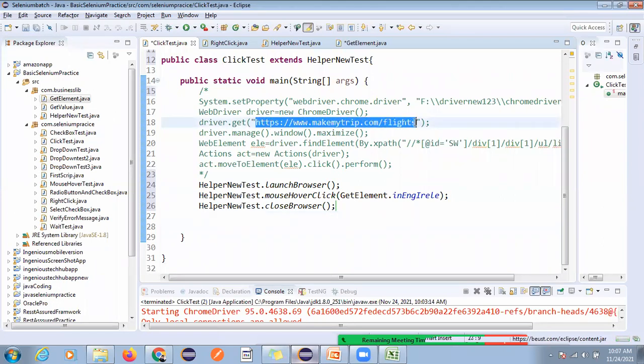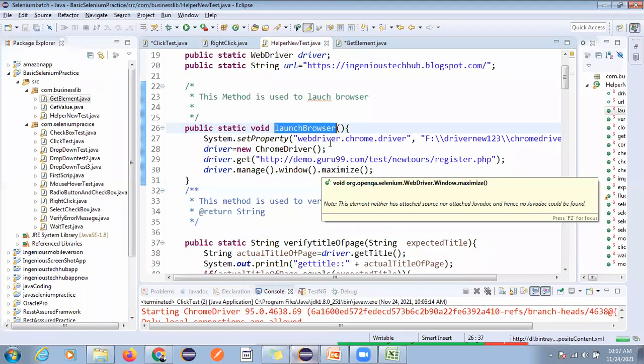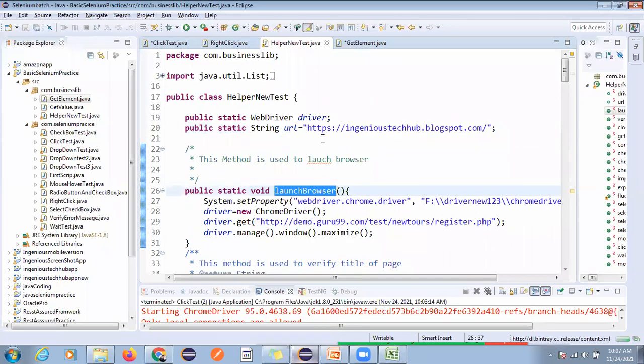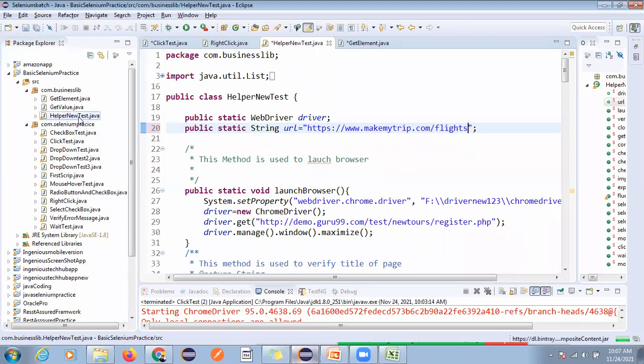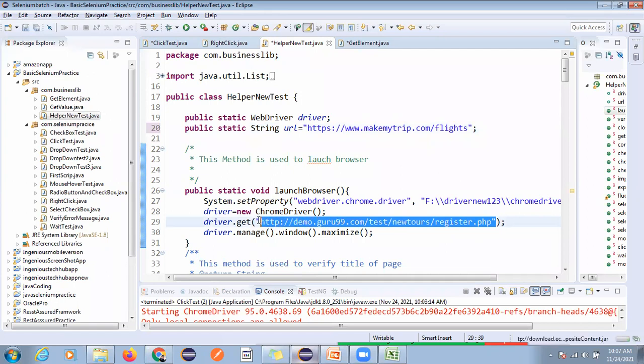Okay, I can go mouse over, and this is the class only, right? Before I did not change, then how was it working? One second. This is your class only, right? Okay, so now I will change this URL also.